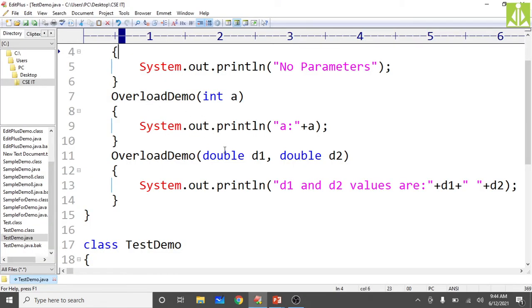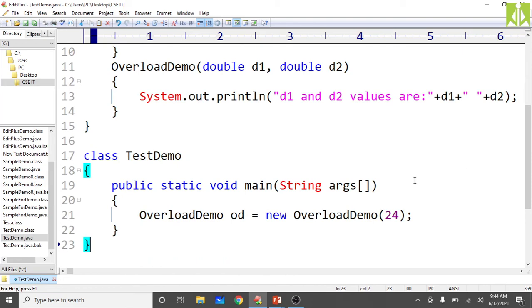So how can we execute the third definition? In order to execute the third definition, you need to pass two parameters of double type. So when you are creating the object, simply pass two parameters now, that is 21.4, and put another double value, that is 26.9.